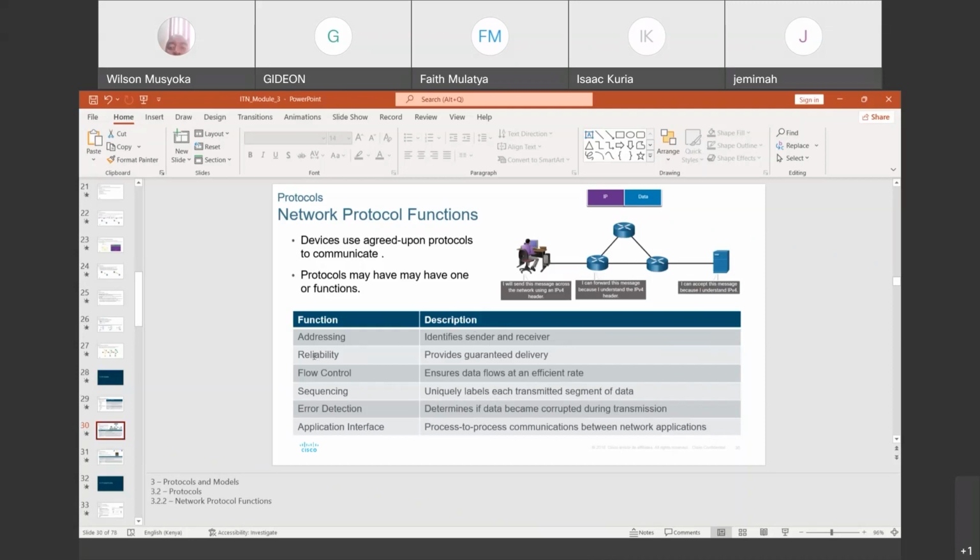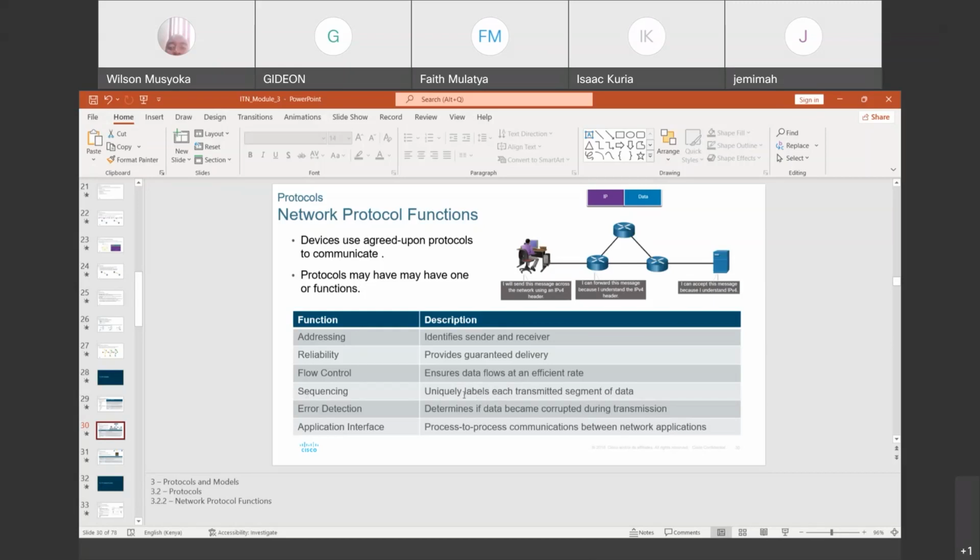Others are for reliability, and these ones are used to provide guaranteed delivery, like the TCP. Others are for flow control, and they ensure that data flows at an efficient rate. And we will see also TCP and SCTP are also used for that purpose. So some may have several functions, may have one or several.